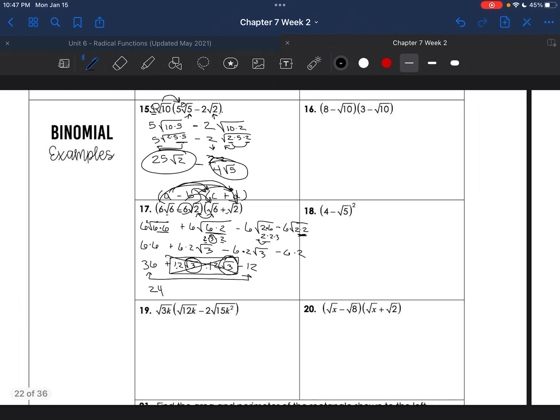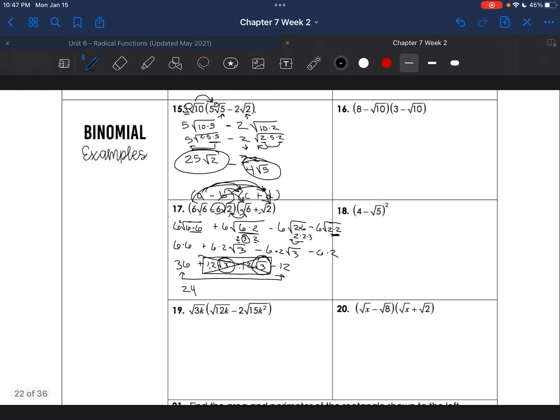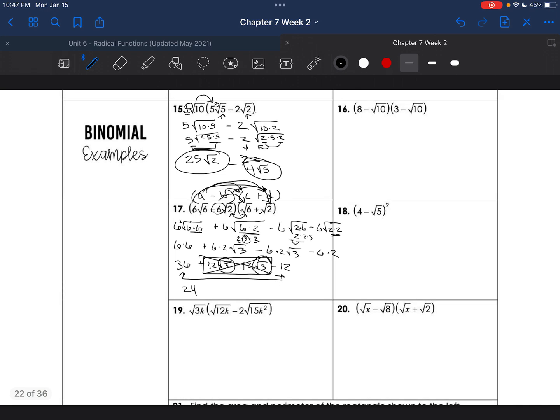So work through those for your homework, and then we're going to address 6.4 with dividing radicals and rationalizing the denominator in the next